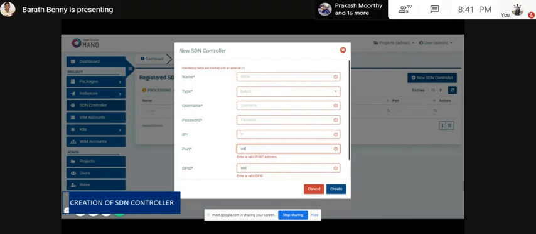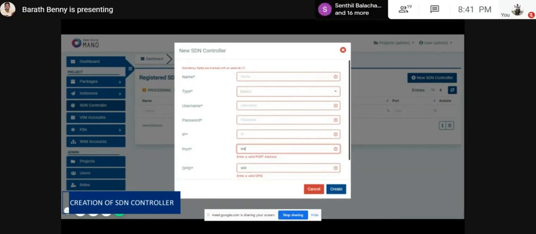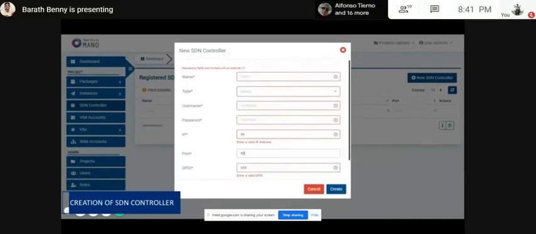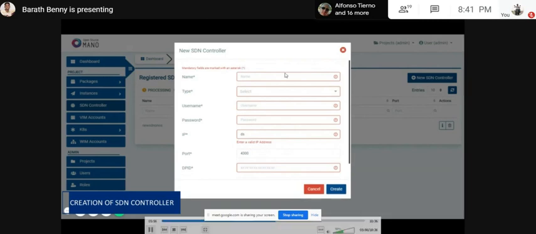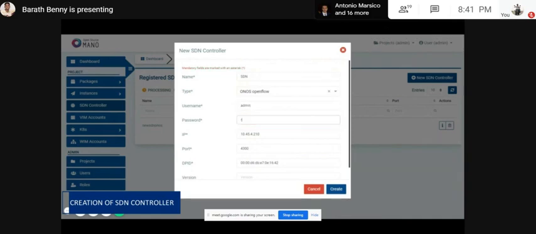And not only the required validation, we will be showing exact validation for the IP, which should match exactly. It should be 10.45. In that way, we have created validation. The port should be something like 4200 or 4300. Based on that, port validation has been implemented. The DPID should be a 16-digit character with colons. So every required field and validation has been taken care of in all the forms across our application in NGUI.